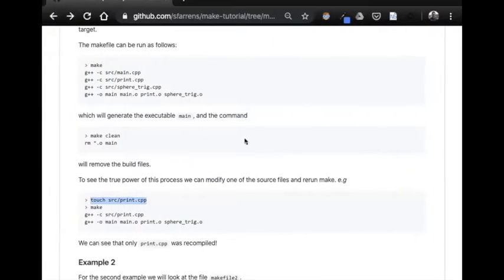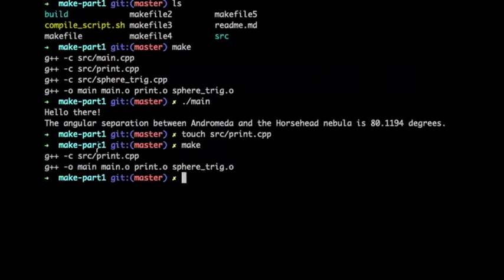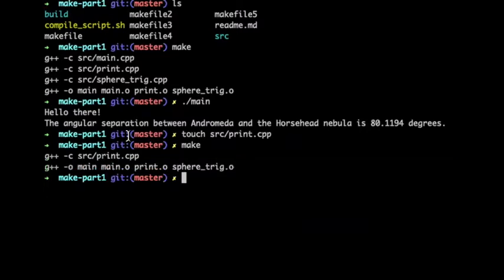And now, if we simply rerun the command make, you can see that it's only regenerated the object file for print, and then relinked all of the object files to the target binary executable. Okay, so now we really see that we've gotten the best of both worlds, right? We have the nice, easy, automated make compilation, and we also have the benefit of only really compiling what we need to compile. Okay, so hopefully now you understand the basic idea of what a makefile is and